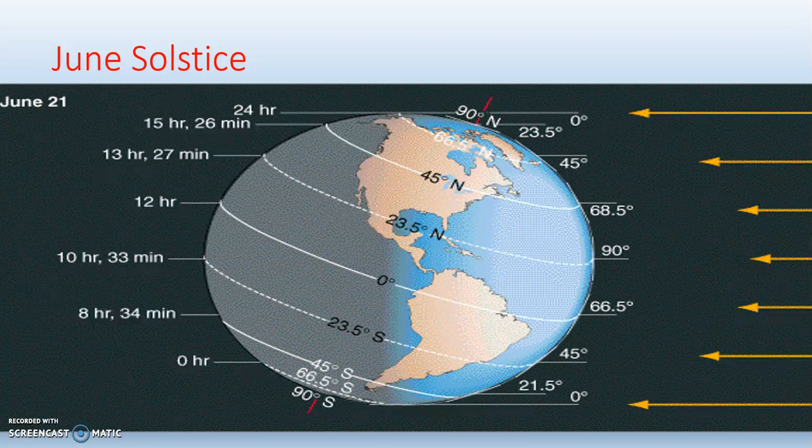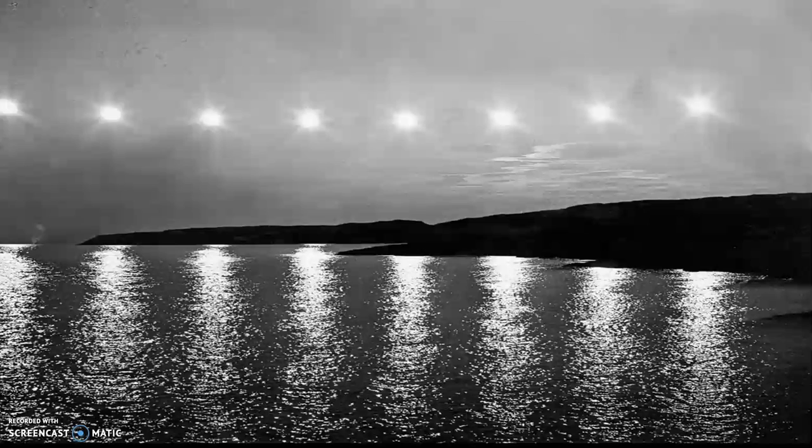Having lived up in Alaska and worked the summers during the June solstice, I will say it's a pretty amazing thing to see the sun. This is a time-lapse picture of the sun trying to set. This is also referred to as the midnight sun. It really doesn't go down at its lowest point in time. You can see it kind of in the middle of the screen. It's its lowest angle in the daylight, and it never sets. So imagine trying to sleep during this period of time, but it actually lends to some really long work days